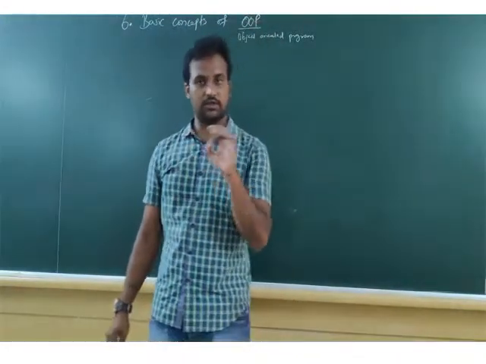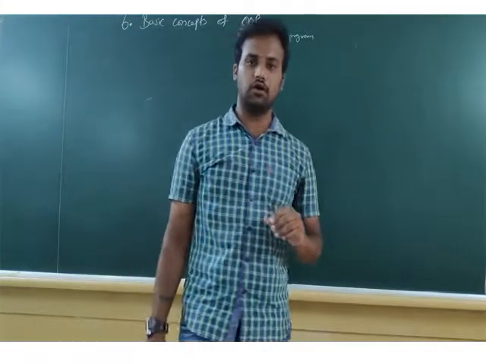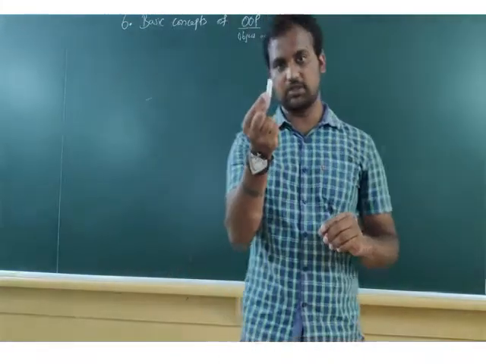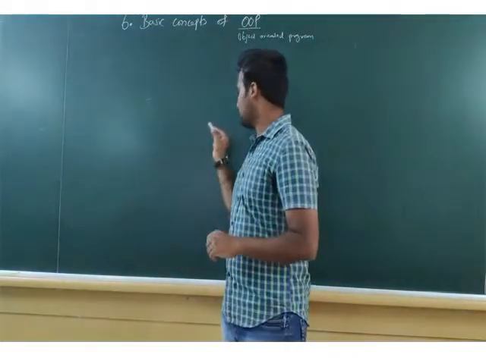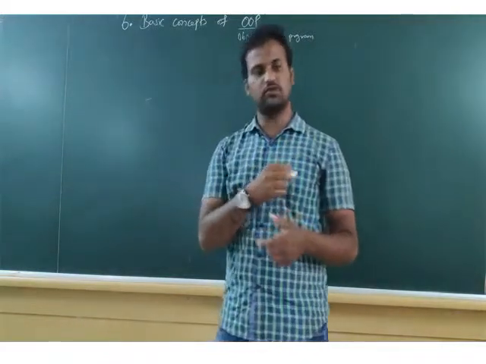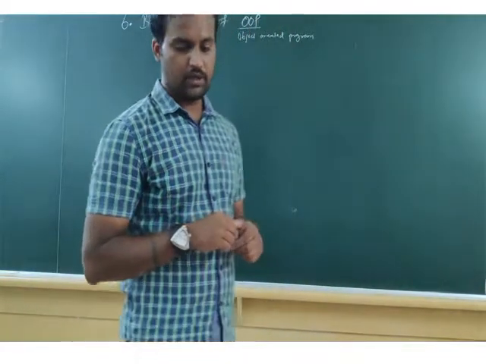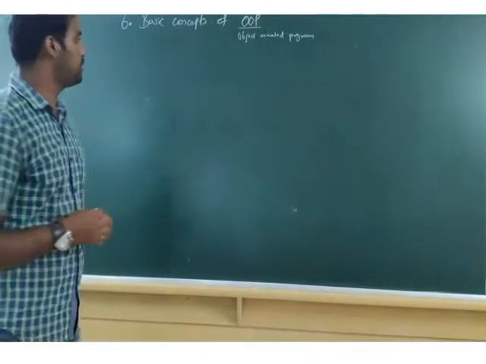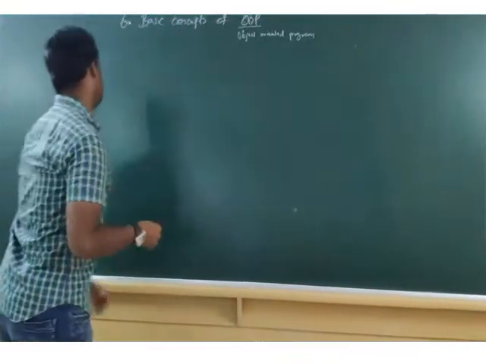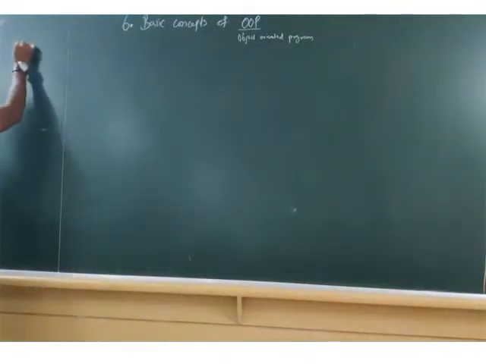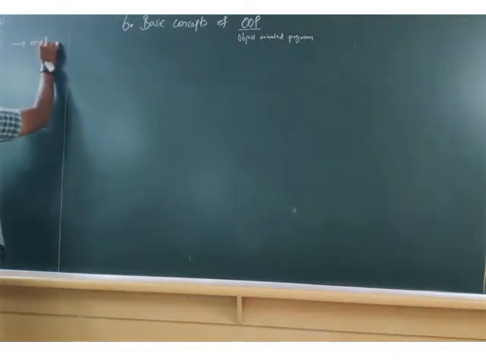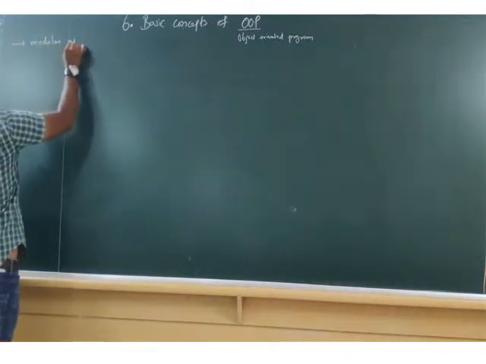Now, whatever things we are seeing, those are all objects. For example, we can see this chalk, this is an object. You can see this board, this is an object. You can see this watch, these are all objects. Okay? So what does the object do? Object emphasizes or works on a modular approach. First point is modular approach.